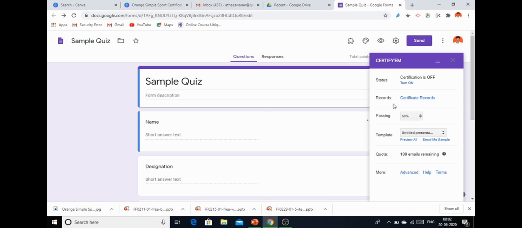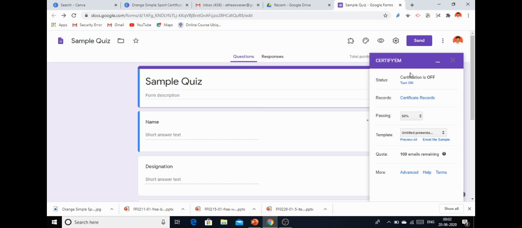That way we can create a quiz and link it with certify_m, so that the certificate is sent automatically to the email address mentioned in the quiz. This way you can create a quiz or an assessment tool and link it with the certify_m add-on, so that the participant gets the certificate automatically after attending the quiz.